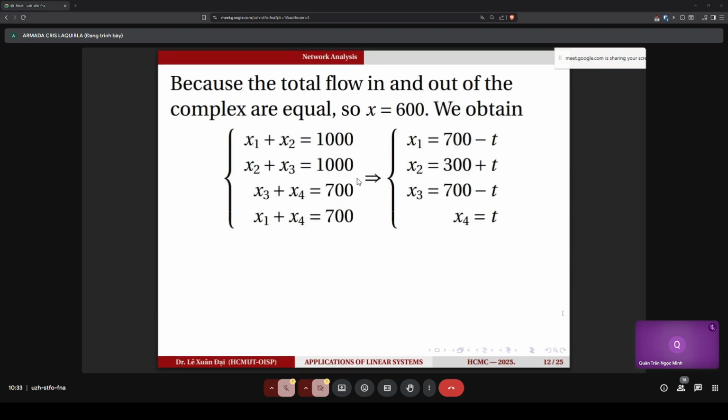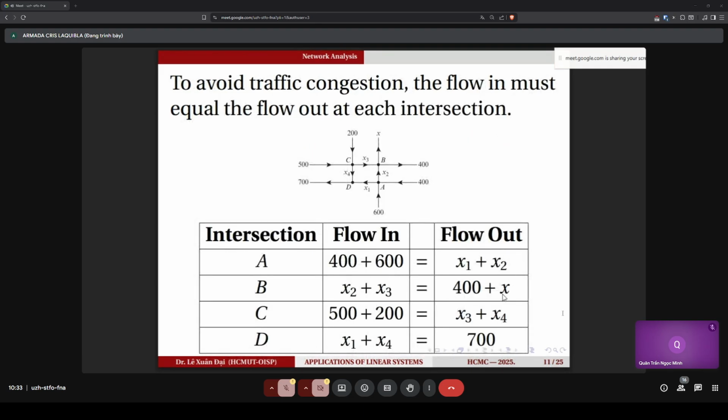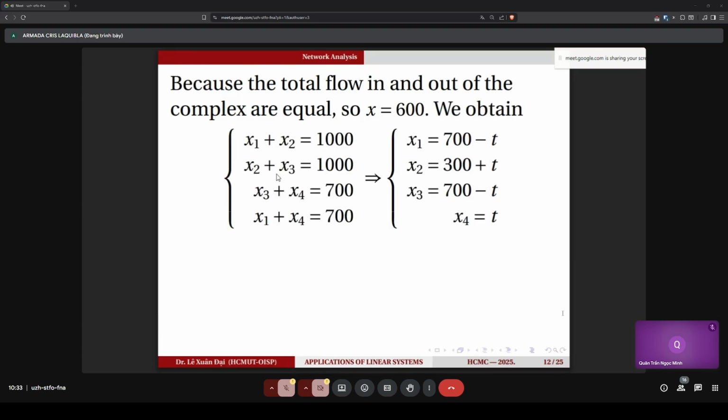And then this will happen. Okay, here. This is 600, right? So 400 plus 600, it becomes 1,000 in your second answer. So it's here. Second row is 1,000. And we have this